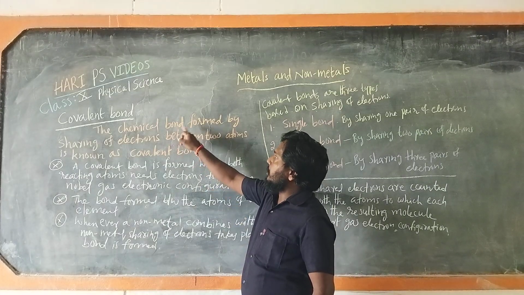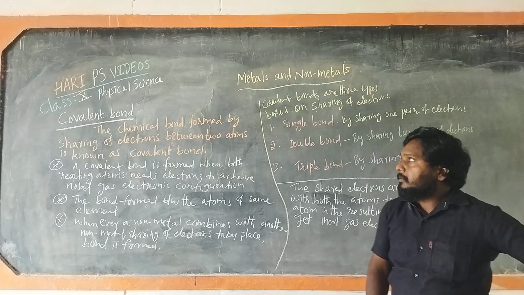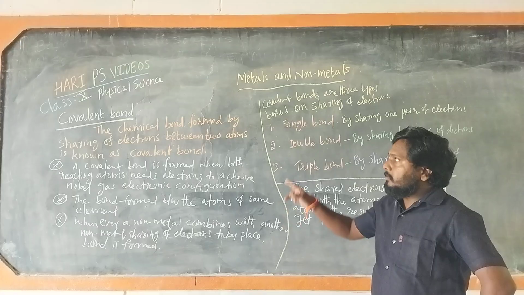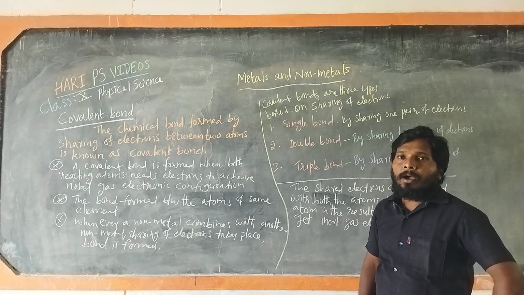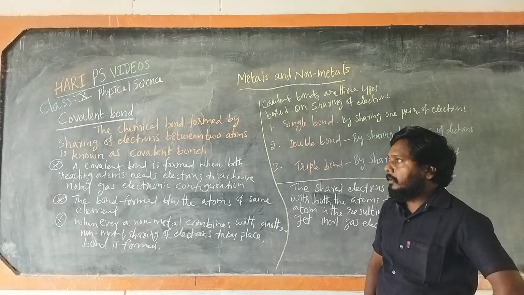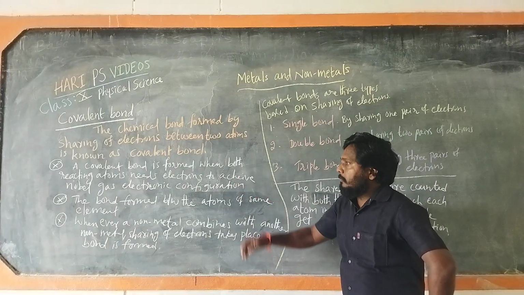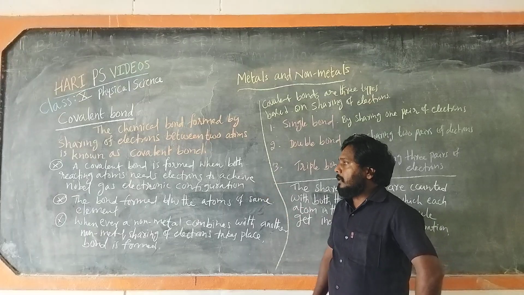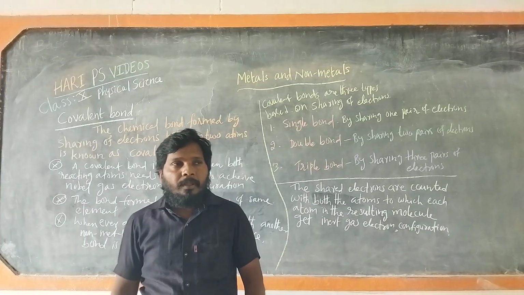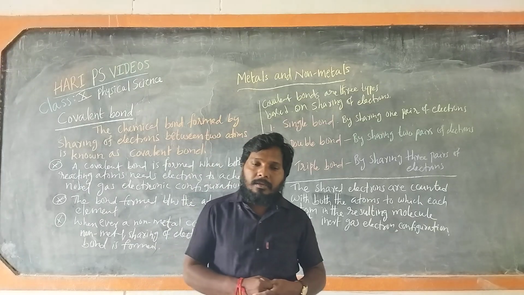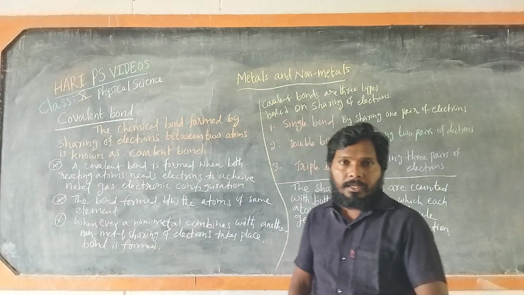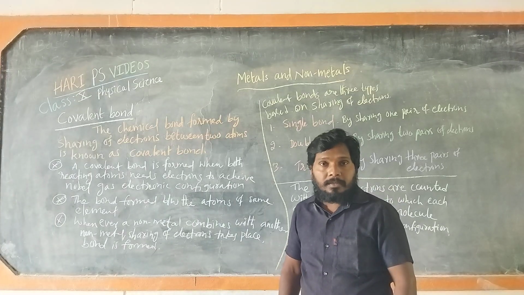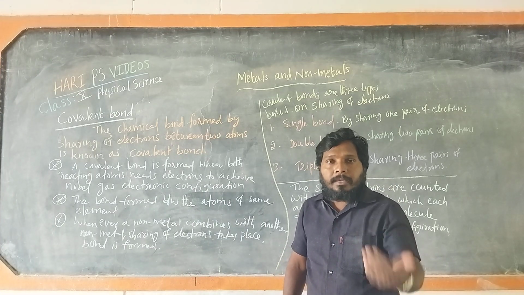Covalent bond. The chemical bond formed by sharing of electrons between two atoms is known as a covalent bond. A covalent bond is formed when both the reacting atoms share electrons to achieve a noble gas electronic configuration. As we know, every atom or element needs to get stability. As we discussed earlier, atoms get stability by losing electrons, by gaining electrons,